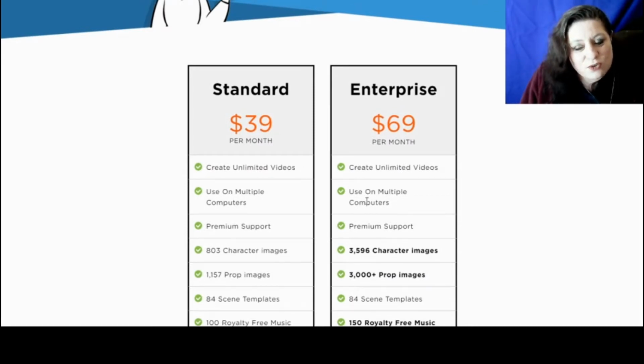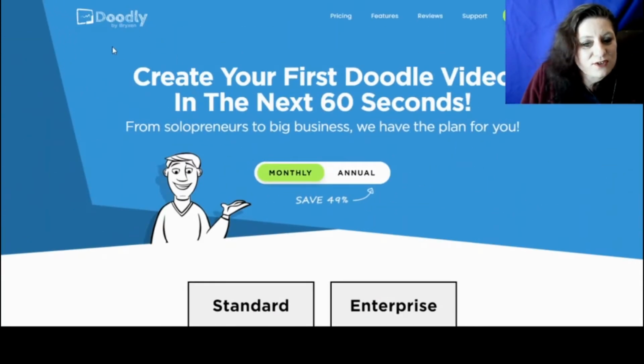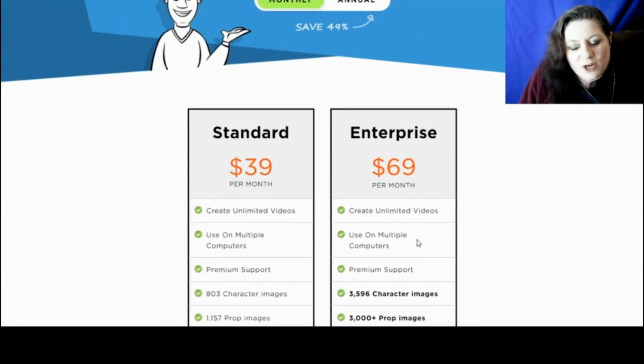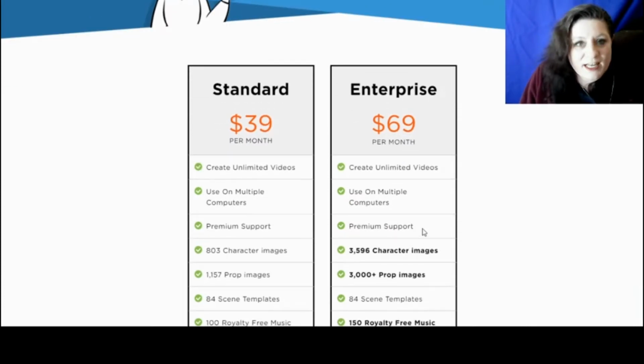You can use it on multiple computers, which is amazing about these guys. The creators of Doodly are the same guys who created Toonly. You don't have to buy a license for every computer you want to use the software on. Then they've got premium support, and I can confess to that, they've really, truly got premium support. In the standard you've got 803 characters, but with the enterprise you've got